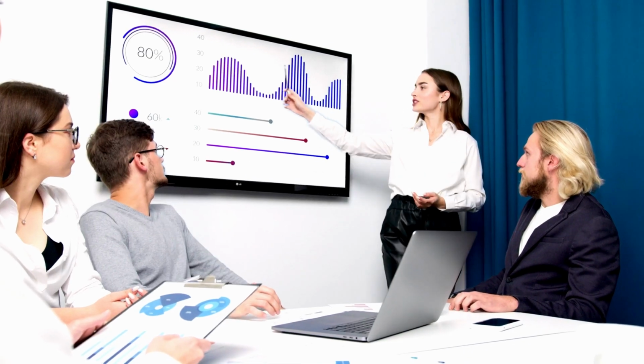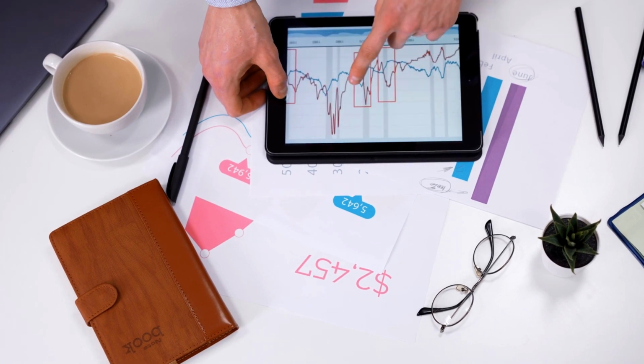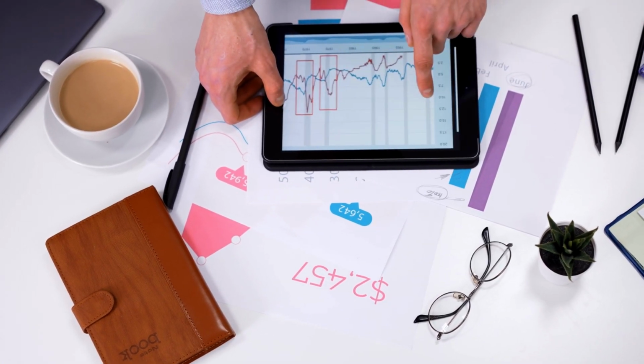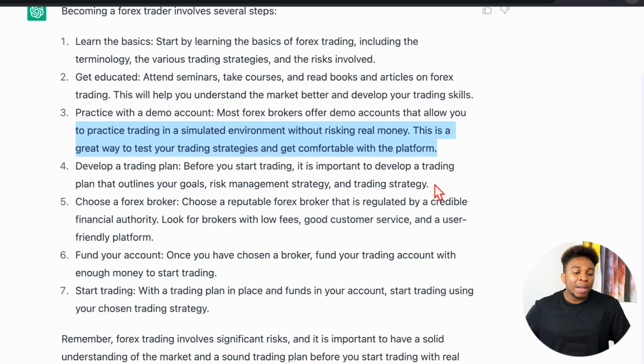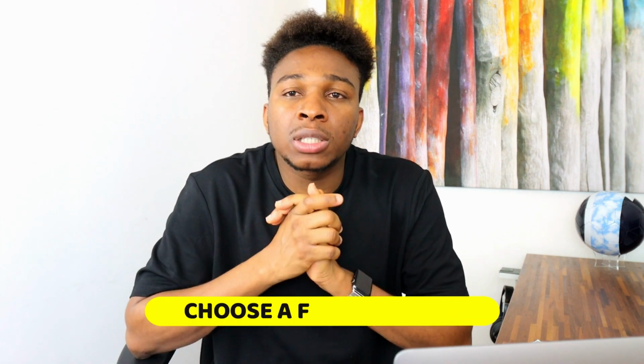They have a plan on how to reach their goals, what they will risk per trade, how much they are risking, what is their return, what is their win rate. They answer those important questions that amateurs and newbies don't. So remember, by developing a winning strategy, you have to back test it for several months or several years to be sure that it has worked in the past and hopefully it will work in the present and in the future.